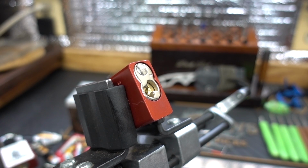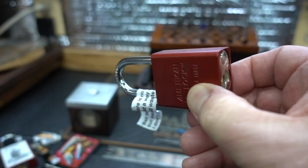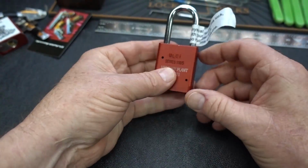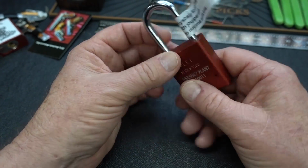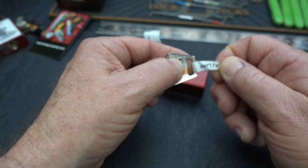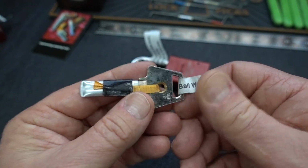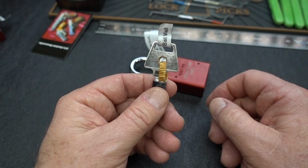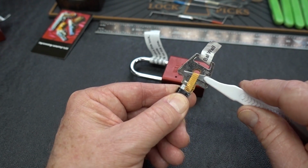I've got nothing to show for it. I think once we see what's inside, maybe someone with better skills than I and the foreknowledge will be able to pick it. But anyway, quit flapping my lips. I've already wasted a lot of time. So nothing to show from an innocent looking little 1105. My goodness. All right. Let's first make sure that the key works. This is the Joker lock. And I think, yeah, this one is for the ball wall. So let me go ahead and make sure this wasn't a trick all the way around. In which case I'll send TJ a present of my own that he...